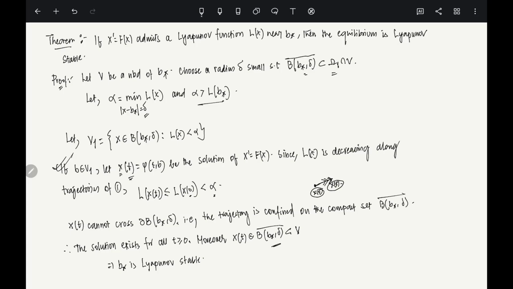Now, as I told you, the strict minimum is very important. So let's take this example. Remark: strict minimum of L of x is necessary. It is an essential requirement. If we have to show that this is necessary, we have to give a counterexample. So let's consider this system: